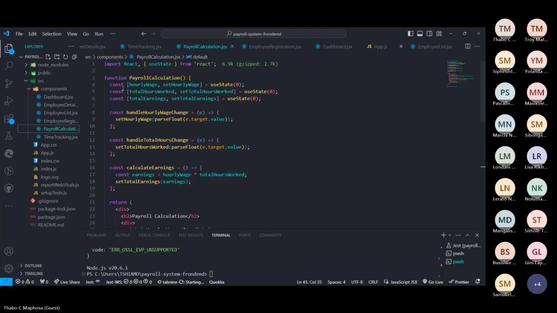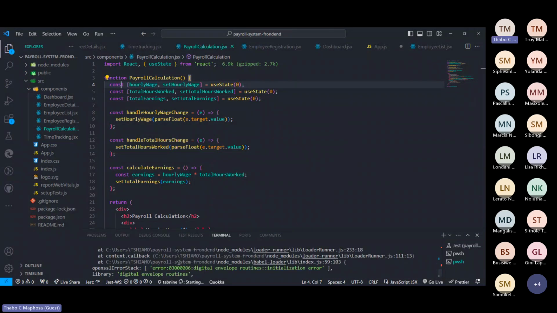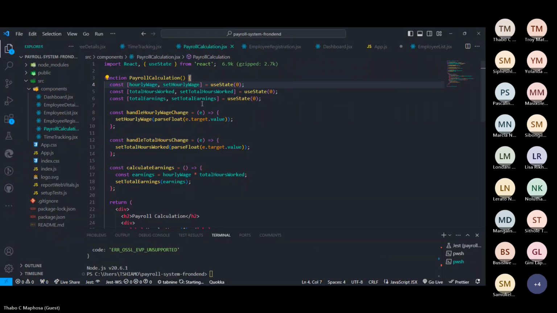Firstly, it was calling a constant called hourly rate, which sets the hourly rate. Then there's another one for earnings.